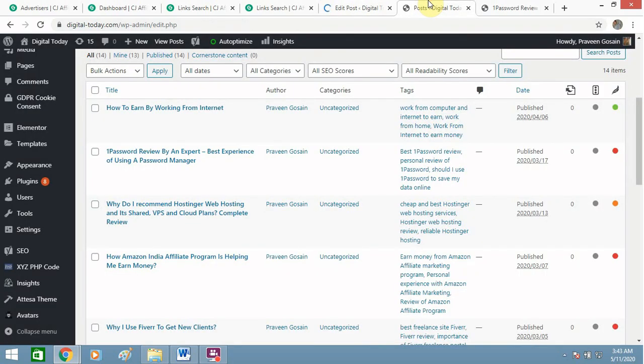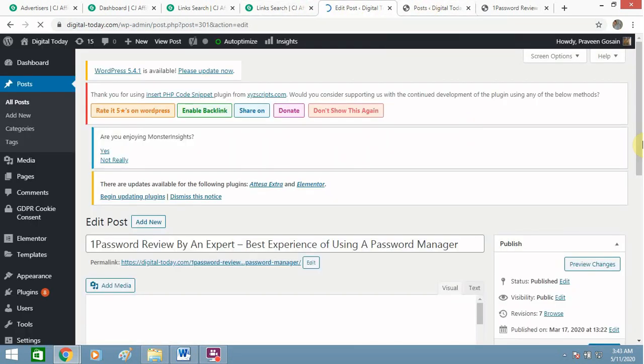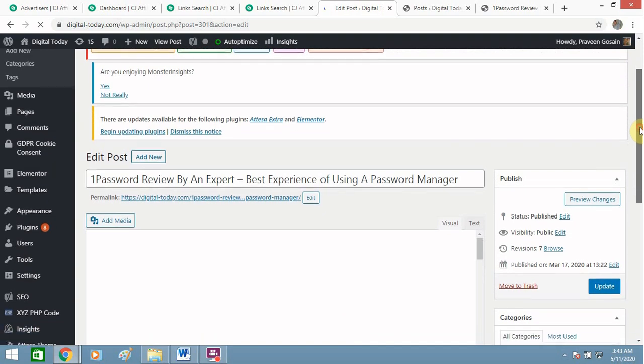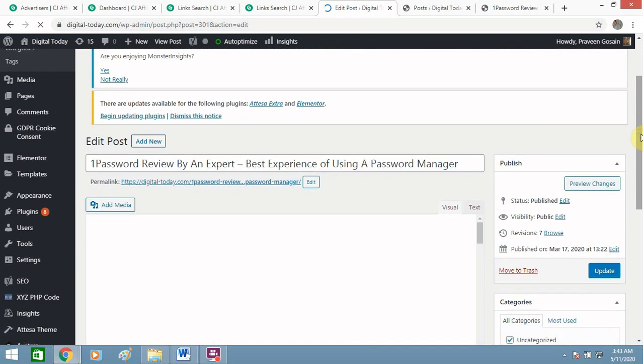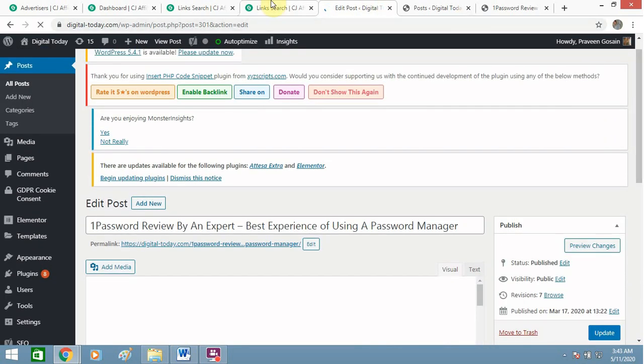You can also do it for pages as well by using the same process, just copying and pasting codes or hyperlinking words on your WordPress platform. It's taking a little bit of time, maybe because of the internet issue. So let it open first, then I will show you how I have done it.